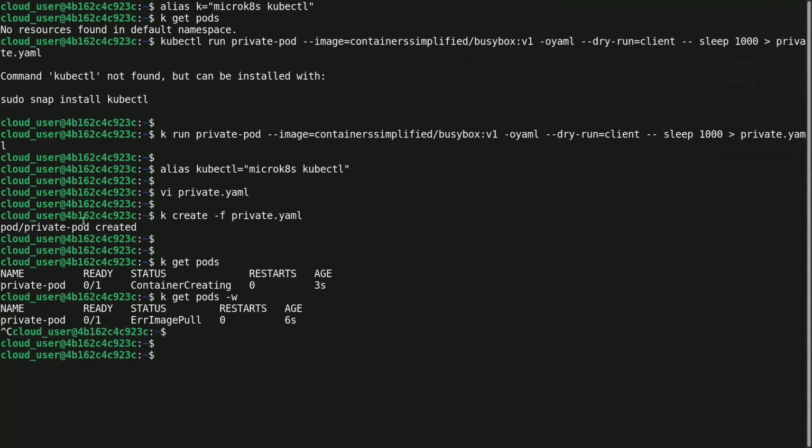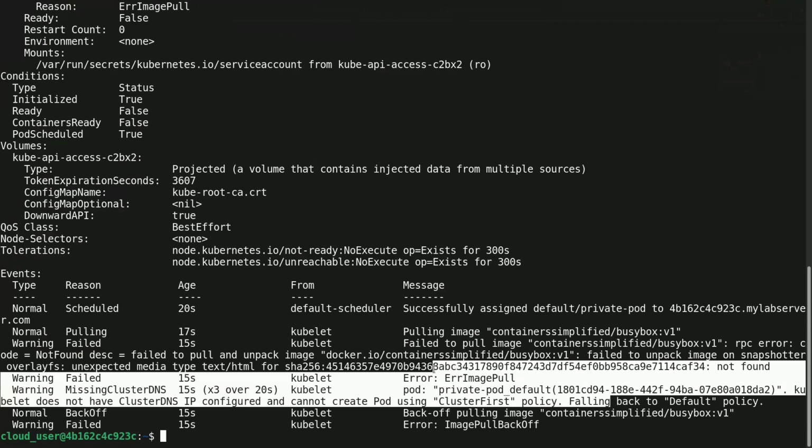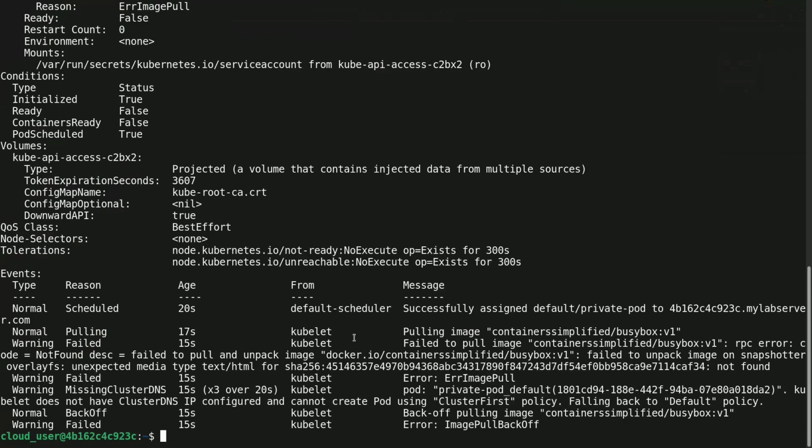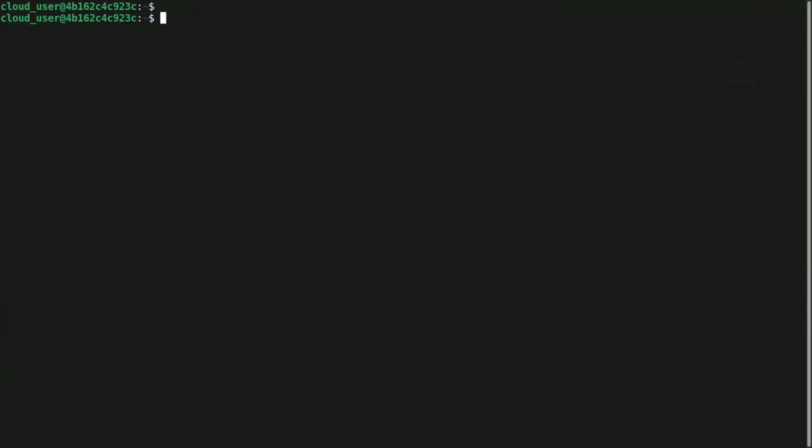Oh, we got the error image pull. That means the Kubernetes cluster is not able to pull the image from the remote docker.io registry. So let's describe the pod and see what's the error in detail. And we can see there is an issue to pull the image. So let's clear the console, and what we will do is delete this pod,